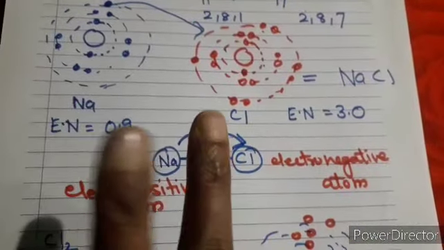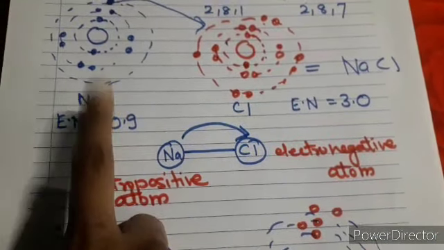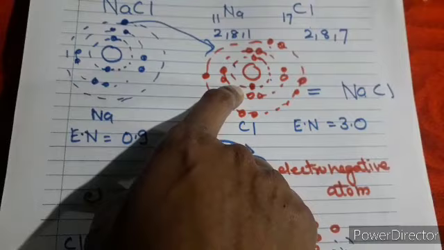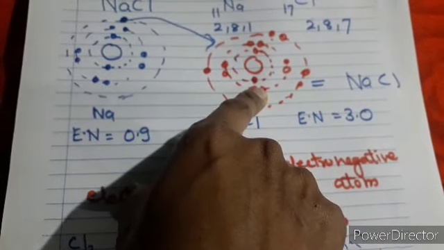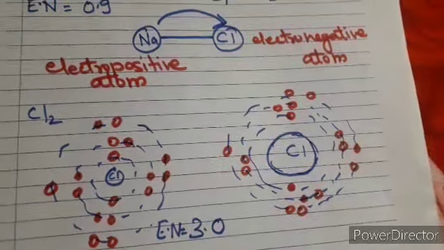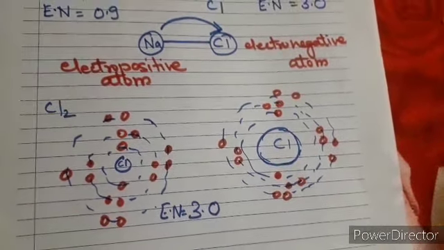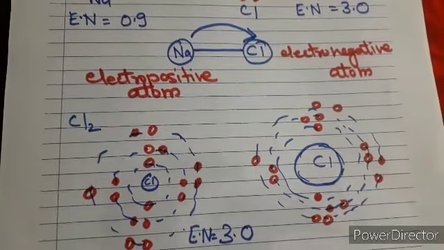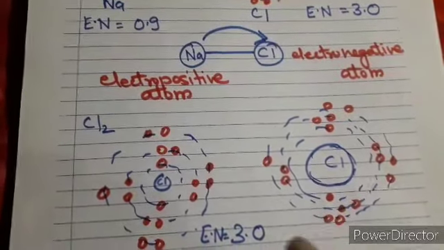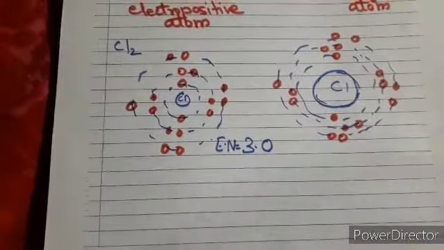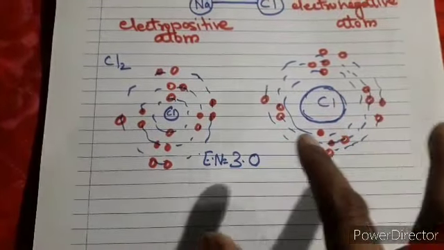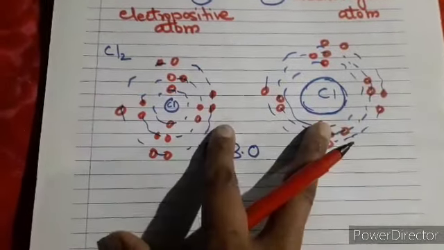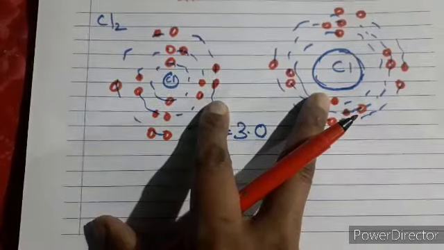Over there both of them were different, this particular atom had less electronegativity, this was more, so definitely it was attracting the electrons to itself, and it took that electron also, right? But over here both the atoms are the same and both have the same electronegativity, so they'll attract the electron to the same extent. Whenever a covalent bond is being formed, you have to make this thing very clear: if both the atoms are similar, they will have the same electronegativities, right?